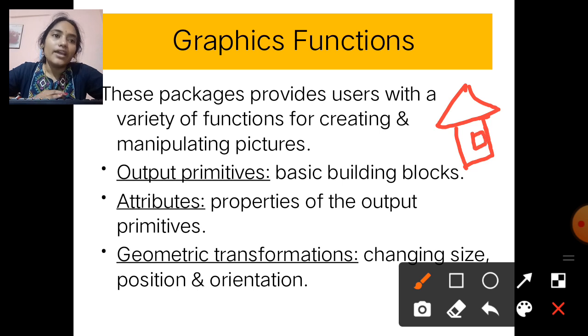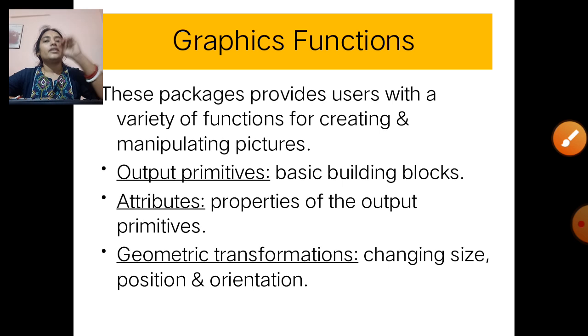These are also known as the building blocks, such as the triangle, rectangle, circle, straight lines, slanting lines, all these things are the building blocks.